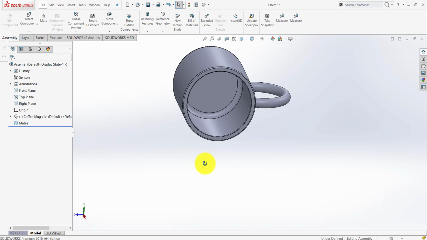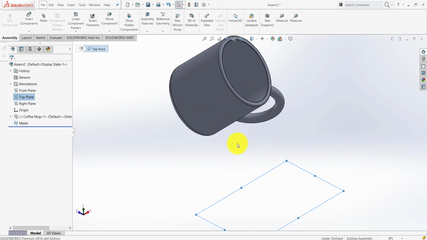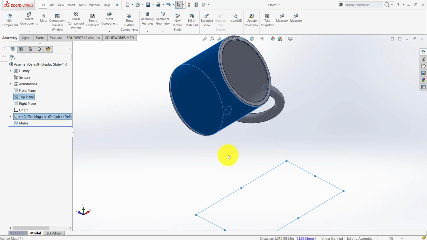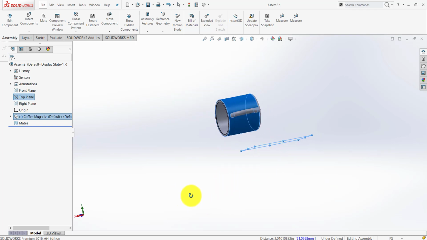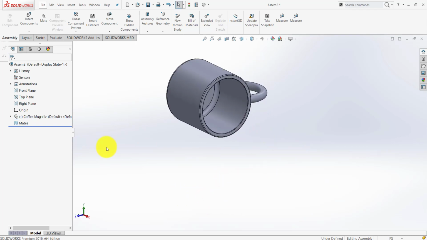So in this case, I want my coffee mug to be on a top surface such as a table. So I want that top surface to be my top plane. So I select my top plane, and I can select the other surface, which would be this cylinder, and I can make it a mate out of those two. So I'll go to mate,